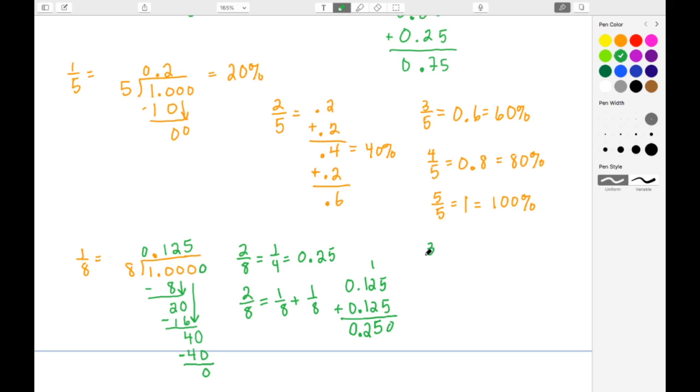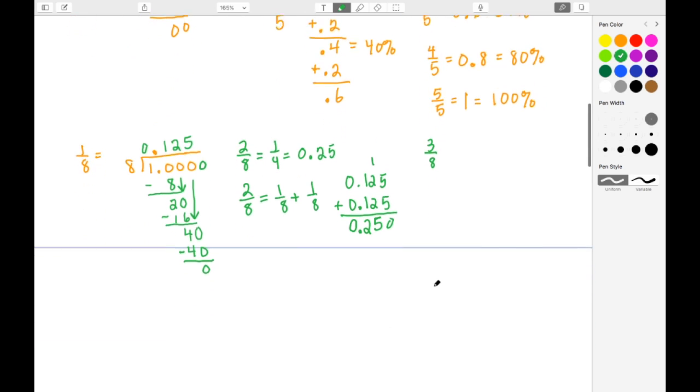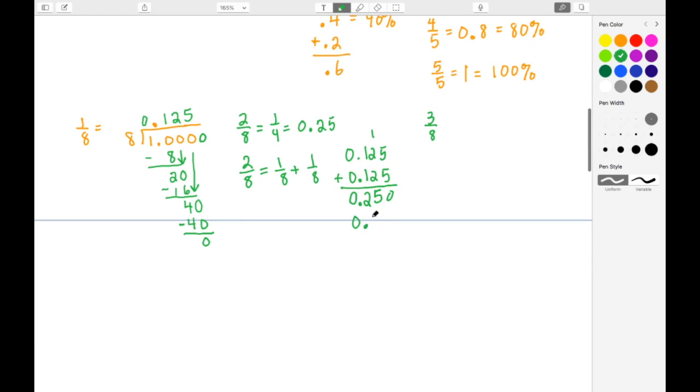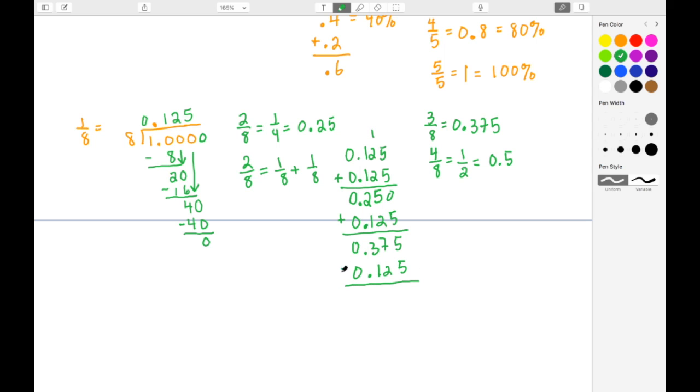So now if we continue with 3/8, well, all I'm going to do is add in another 125 thousandths. So when I add that in, I have a 5 here. 5 and 2 give me 7. 2 and 1 give me 3. My decimal point and a 0. So 3/8 is the same thing as 375 thousandths. 4/8 is the same thing as 1/2 if simplified. So we know that this should come out to be 5/10ths. So we're going to add in another 125 thousandths. And I just noticed that I haven't been doing the percentages. We'll go back and do the percentages once we finish.